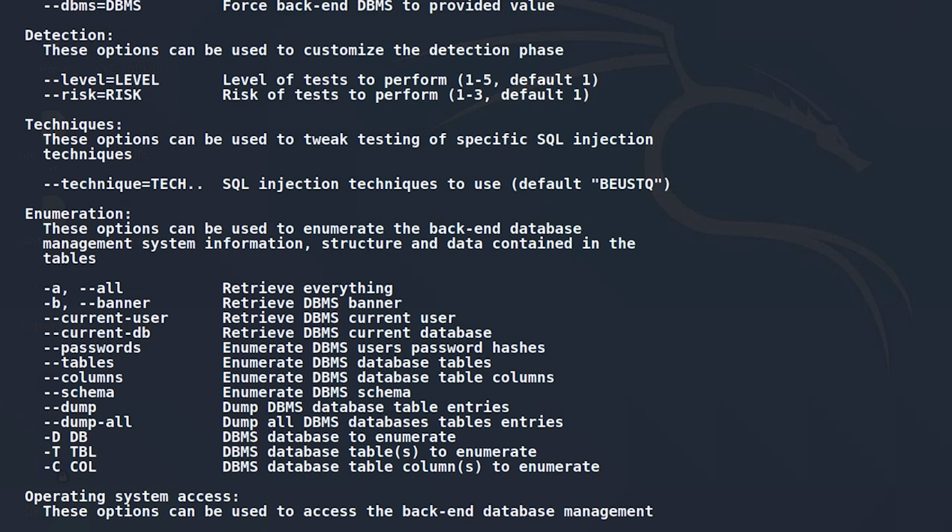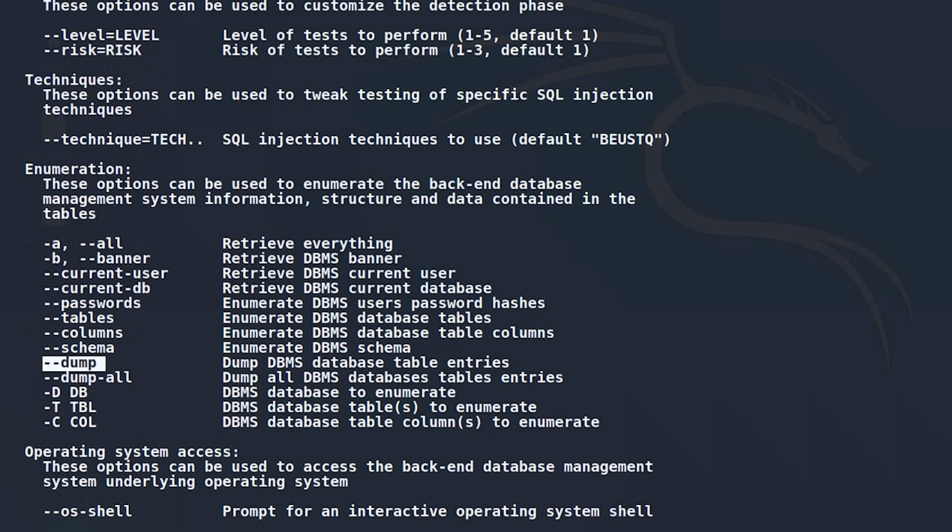So for example, I get 3 databases. I want to enumerate only one. So how can I do that? I use -D, the name of that certain database, and --tables. It will enumerate all the tables in that certain database. Now after I have got a list of tables, I want to enumerate one table. So now I will use -D, the name of the database, -T, the name of the table you want to enumerate, and after that you can do two things: --columns to enumerate the columns of the table, or --dump to dump each and everything available in that table. So this is the enumeration phase we can use.